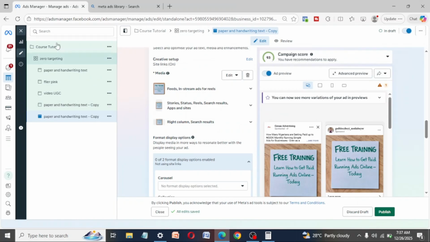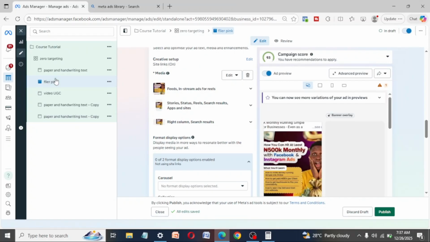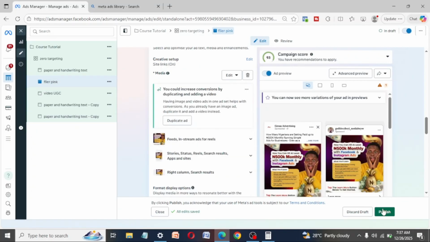What I do first is, after I publish the first ad, I then duplicate all of this. Then I go to the second draft and click on publish. I will then wait for Facebook to approve it. Remember, we scheduled our ads to run the next day by 12, right? So even if this first one has been approved, it won't run until tomorrow. Once this one has been approved, which you will always get a notification for,